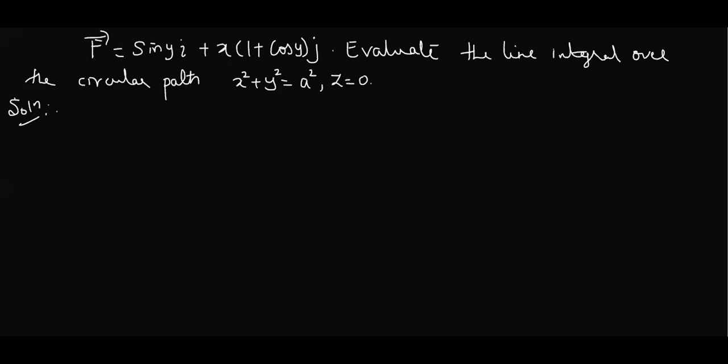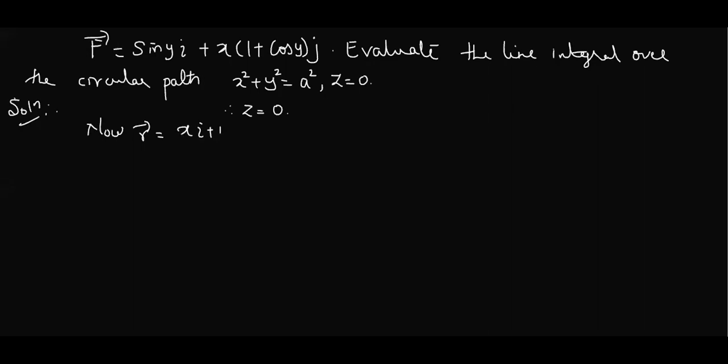Okay. So now, just write one line here. As the particle moves in xy plane, therefore z is equal to 0. Now, what is my r? What is the standard format of r? r is xi plus yj plus zk.